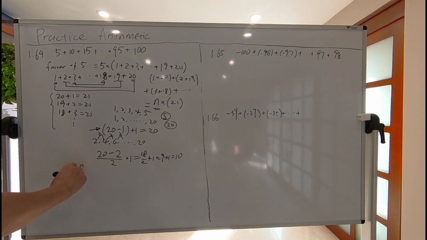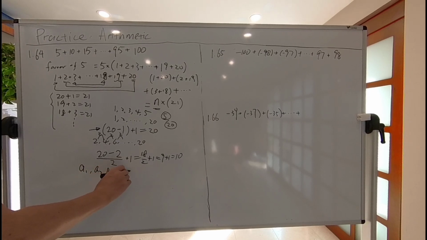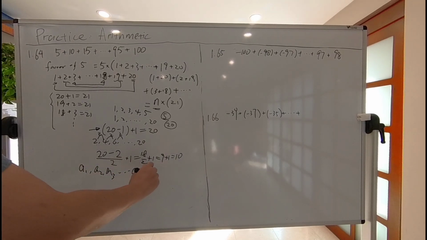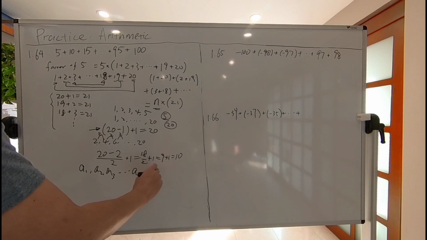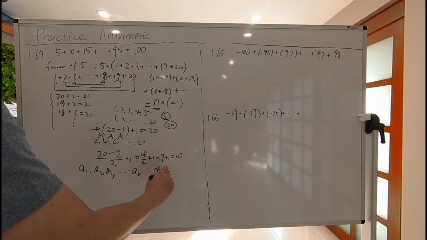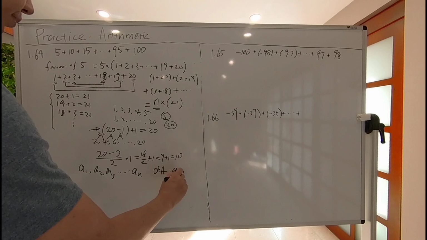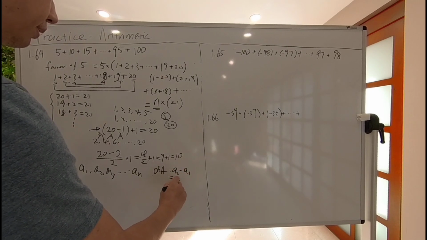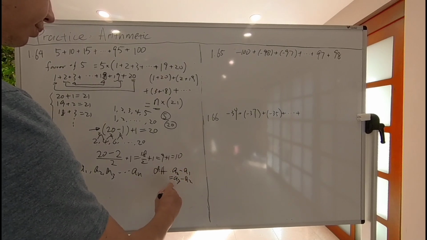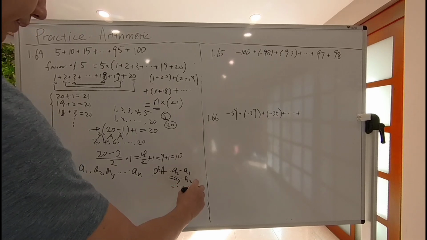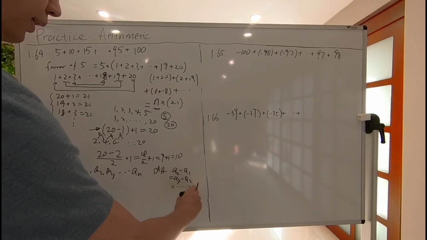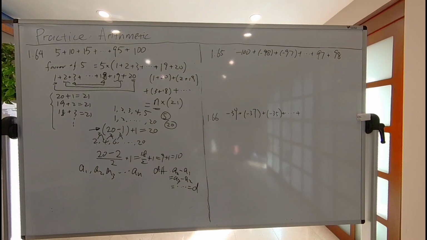Universally speaking, if I have a sequence, let's say A1, A2, A3 until AN, and they have the same distance or the same difference between the neighboring numbers, let's use a symbol d. D can be any number. If they have the same difference between each neighboring number within this series, then the number of counts